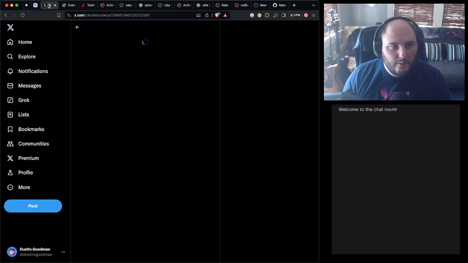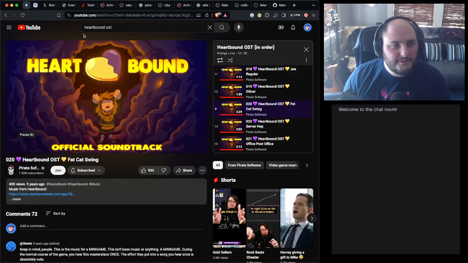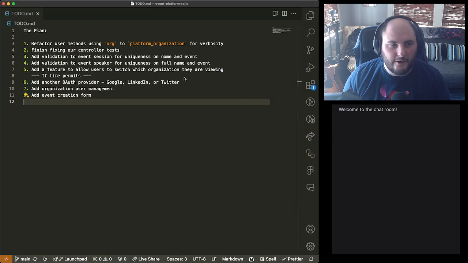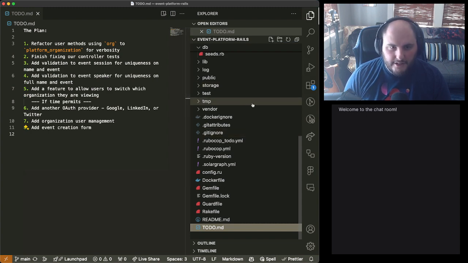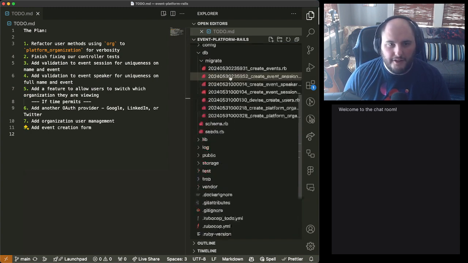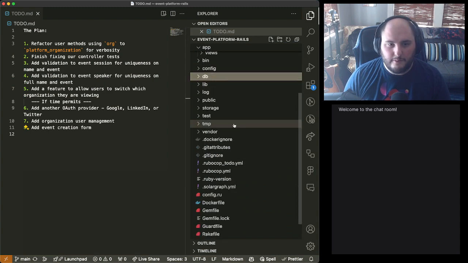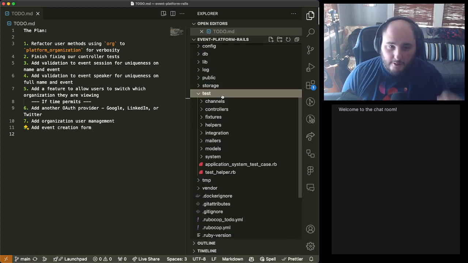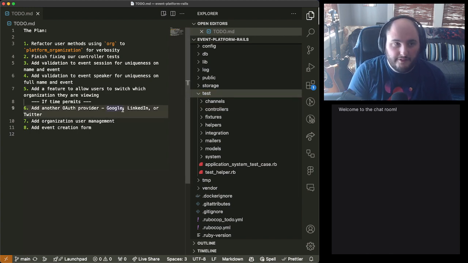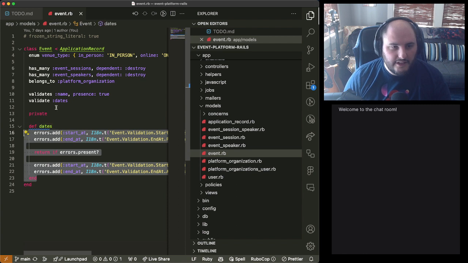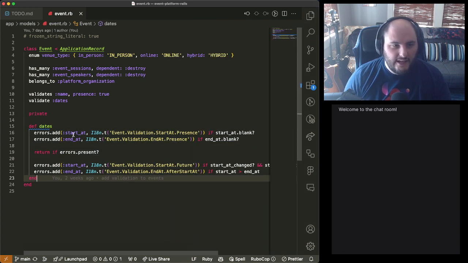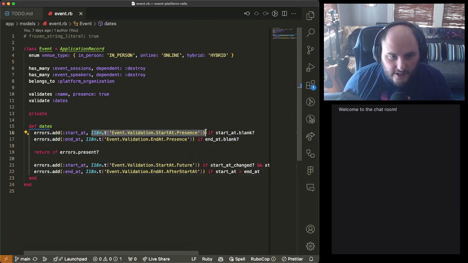So let's talk about where we are. Where am I clicking? Okay, here we go. This is where we are. So last week, if you joined us, you might recall that we spent a lot of time writing tests, because we were starting to build validation. So if we come to our event model, for instance, we added this lovely new validation, and it's internationalized. We talked about flaky testing and internationalization.